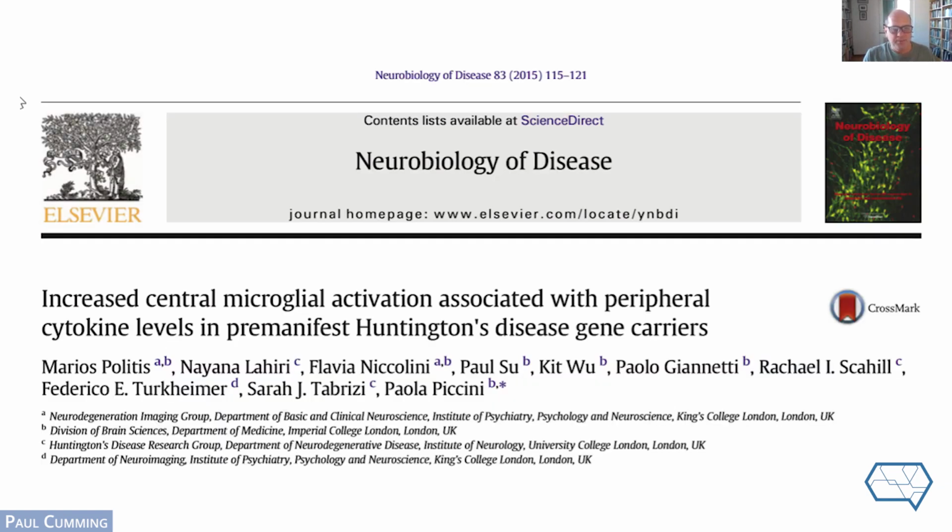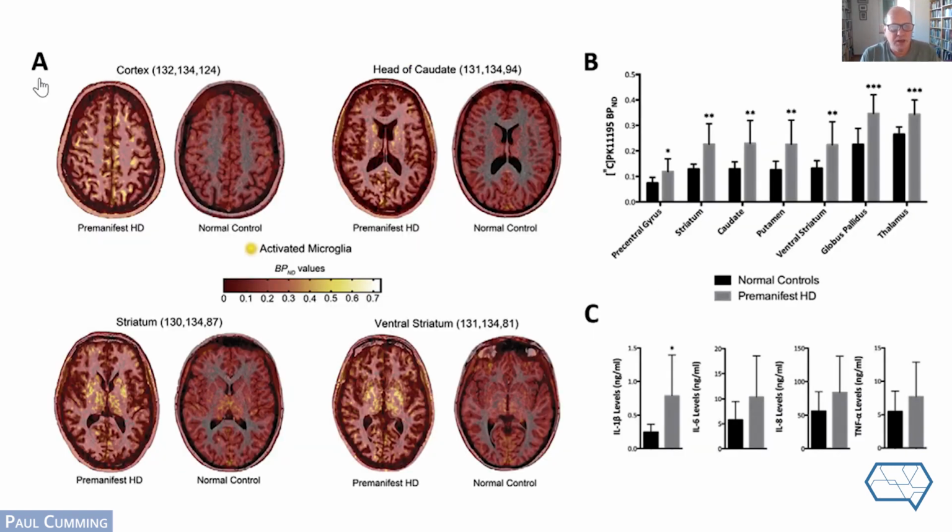And we don't know exactly what causes that, but interestingly, these people continued that line of work and considered the relationship between microglial activation in Huntington's disease and peripheral markers of inflammation, that is cytokine levels in plasma. Next slide. And yeah, it's a little bit hard to read this slide very quickly, but they show that